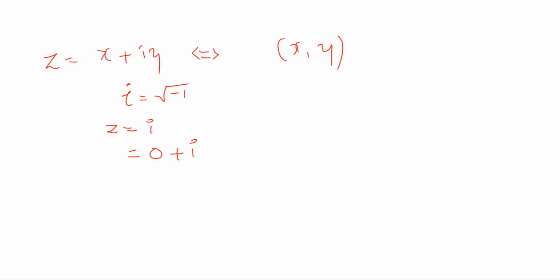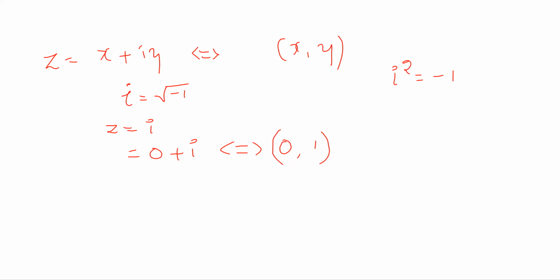Yes, sir. Can you write it as 0 plus i? Yes, sir. So 0 plus i, what is the real part? 0, sir. 0. And the imaginary part? 1. Right. So that means we can write this in terms of an ordered pair as 0 comma 1. Now based on iota properties, you just have to remember i square equals